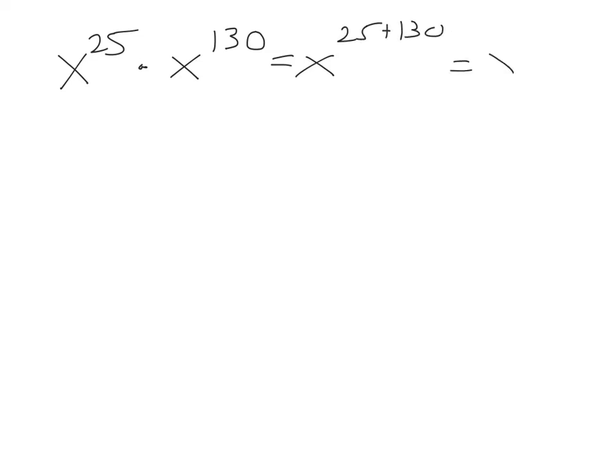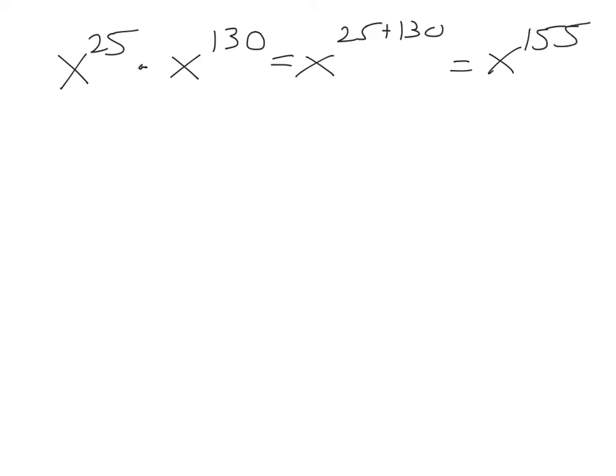But what if I said x to the 25th times x to the 130th? Now, I know for a fact that you don't want to write out 25 x's and then 130 x's and then count all those x's up. There's got to be a better way. And I hear you saying it. You're saying all I have to do is add the exponents. So if I just take x and take 25 plus 130, that would give me x to the